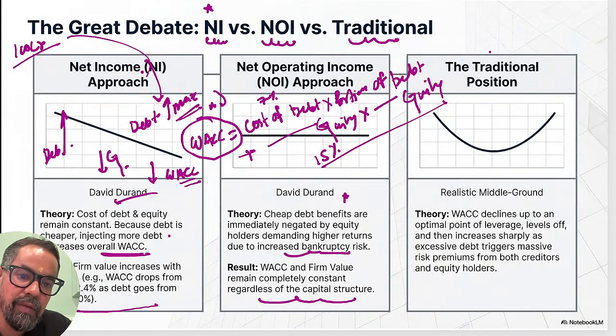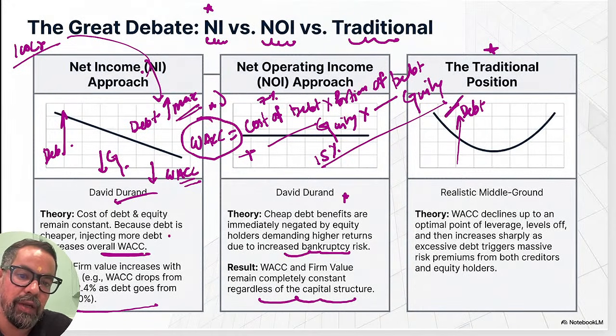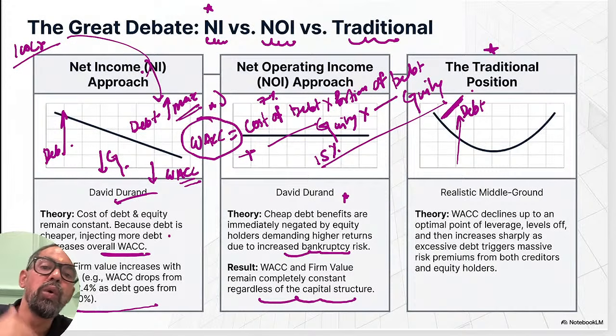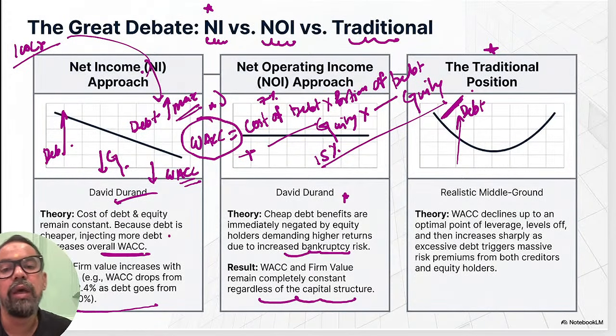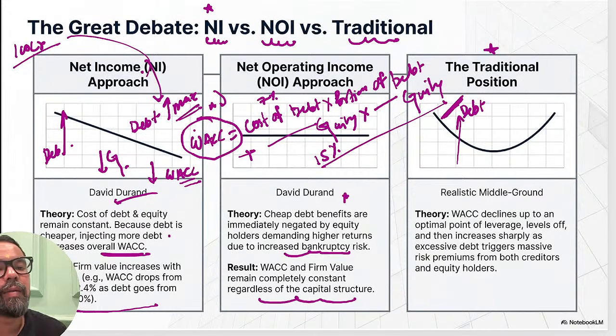The third theory is the balanced approach, which generally says that the proportion of debt should be on the higher side, okay? Debt should be on the higher side but to some extent, okay? There must be some limit. If you go beyond that particular limit, this benefit will nullify and it will have a reverse impact. It will basically reduce the company's benefit in other ways. So that generally comes under this one, okay?